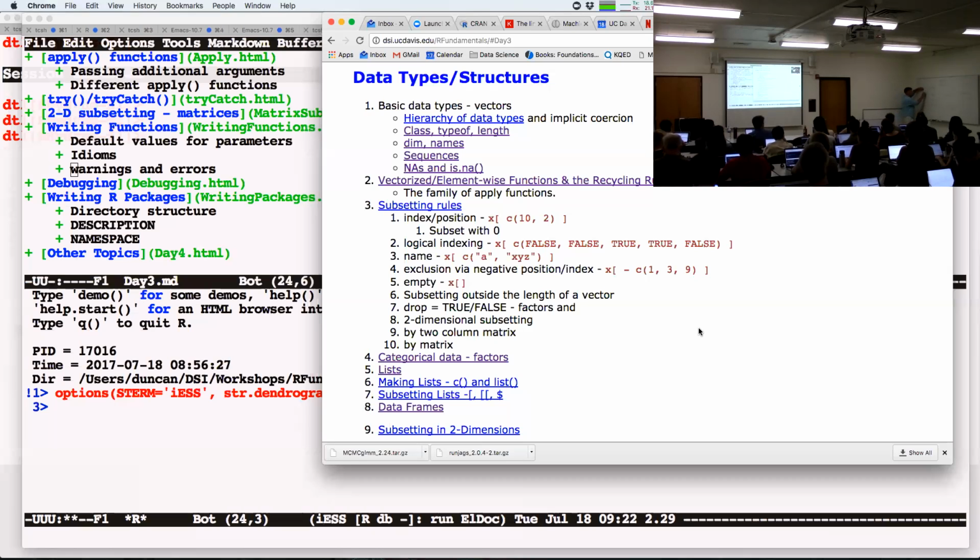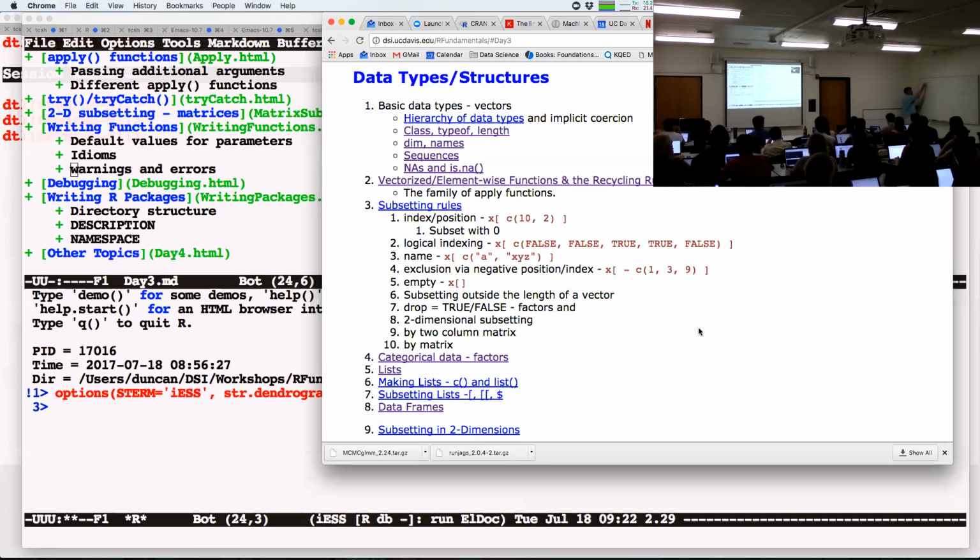So this emphasizes the fact that vectors and lists are actually one and the same. They're just an ordered collection of elements. But remember, if we have a list like this, we can have anything in here. There's no connection between these elements, except for the fact that they're ordered, okay? This one comes after this, and they may have names and so forth. The vectors all have to have exactly the same data type in each cell, and R will ensure that happens. So integers will get coerced up to numeric values, and character vectors and so forth. And this is often what you don't want to happen.